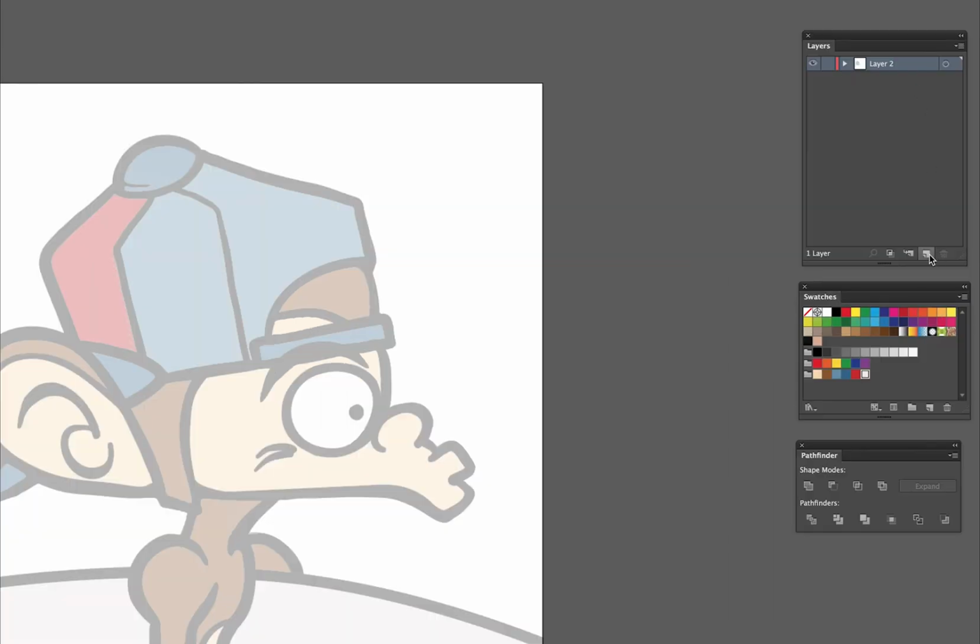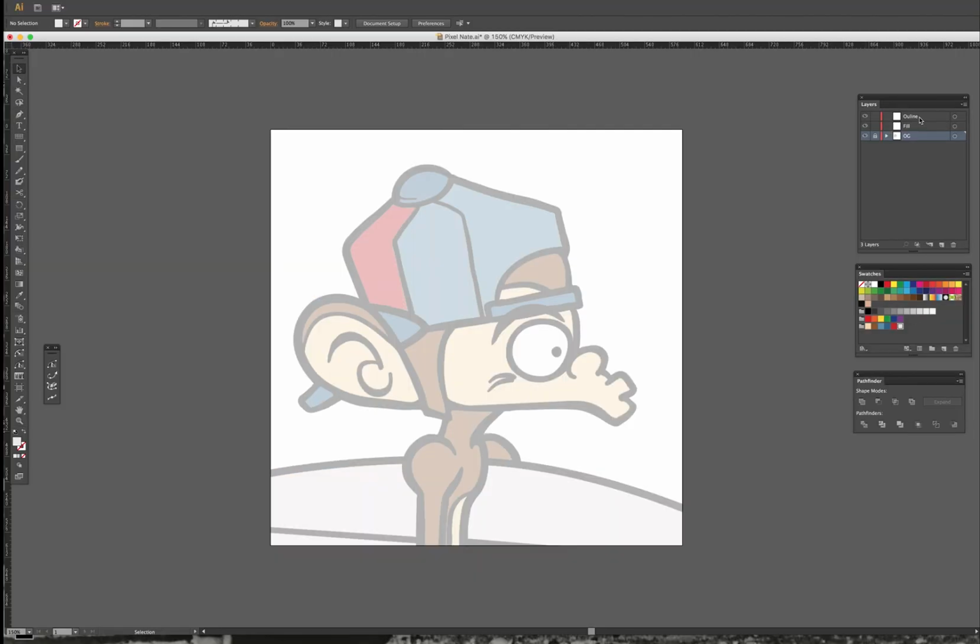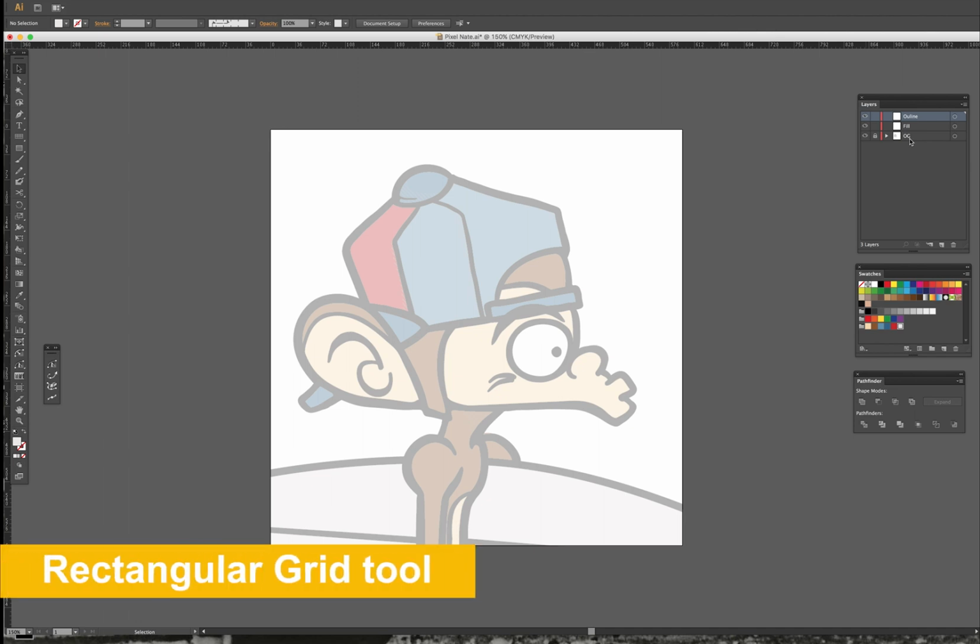What I do is add another 2 layers on the top. Then I'll name the top layer as an outline, and second layer is a fill, and bottom layer is original. Then lock original layer. Then stay in outline layer, and first place I want to go is rectangular grid tool,